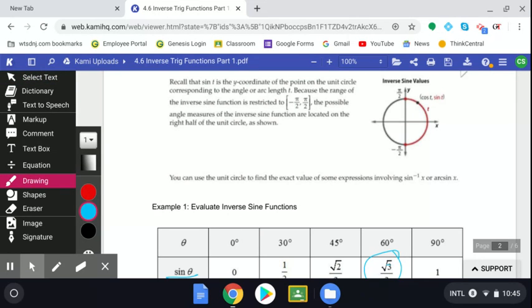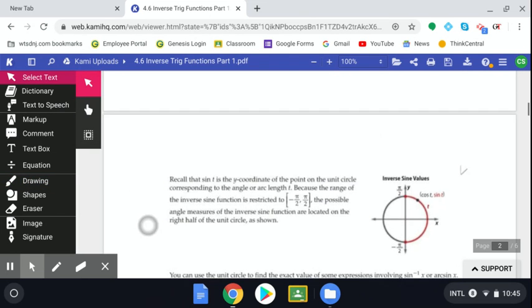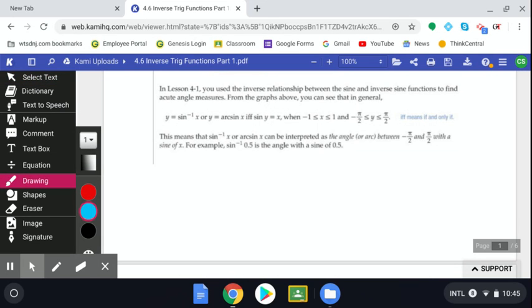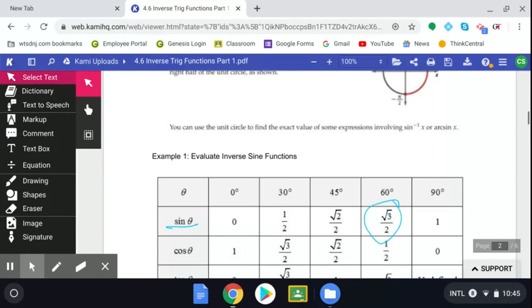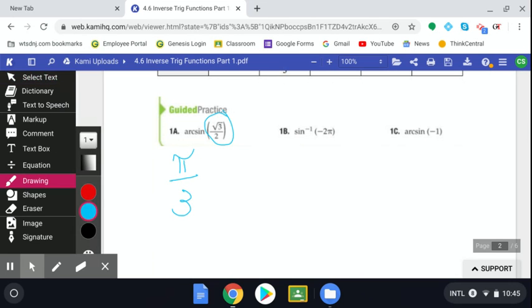So you have to constantly be checking the domain and range restrictions. Okay, so this one does not exist,